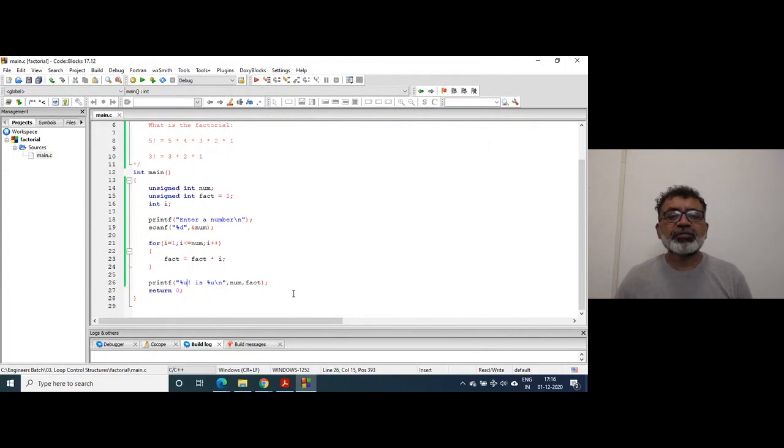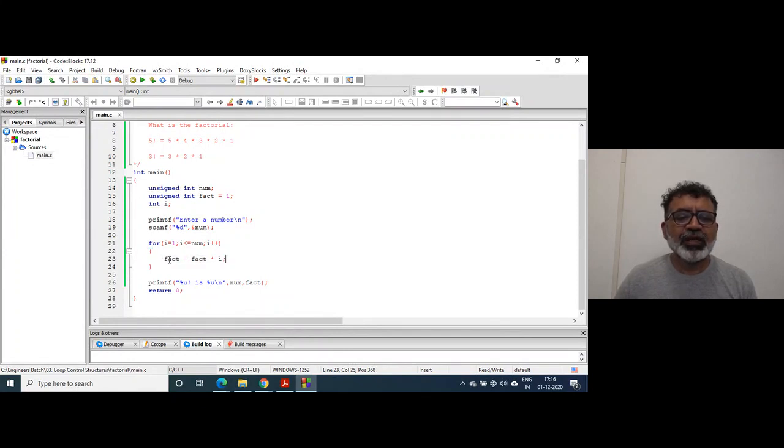So this is how we can write the factorial of a number. But again, it is going to have a limitation. After a certain number, again, it will give you a negative number. So first of all, how does the program execute? This is just a loop, right? So I is a counter and it will iterate till I is less than or equal to num. Then this statement is important.